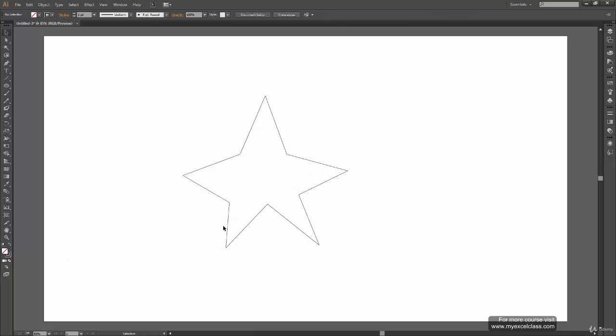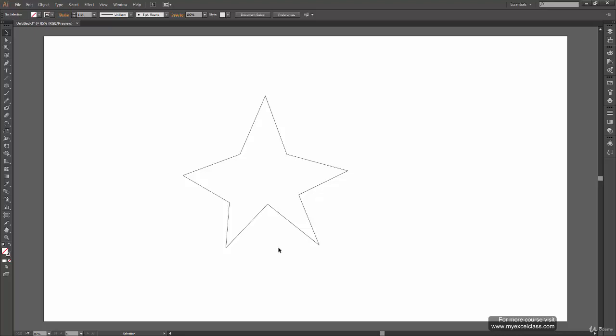And there. Now it is not a perfectly symmetric star and you can still use a few tricks to make it symmetric. We will see how we can do that in future. But as of now, just know that you can actually create shapes and start drawing just with the line tool itself.